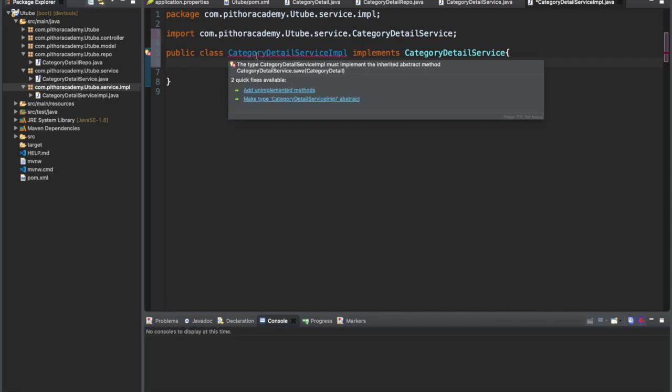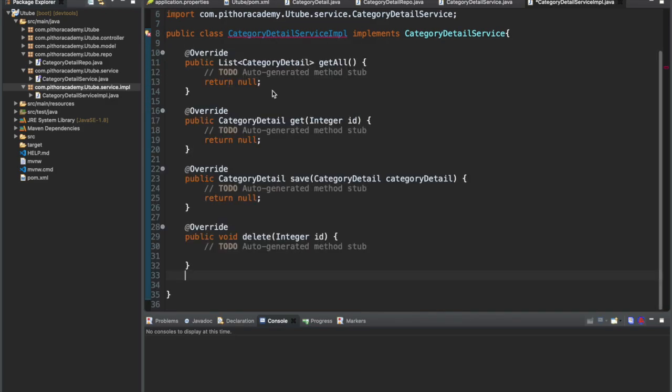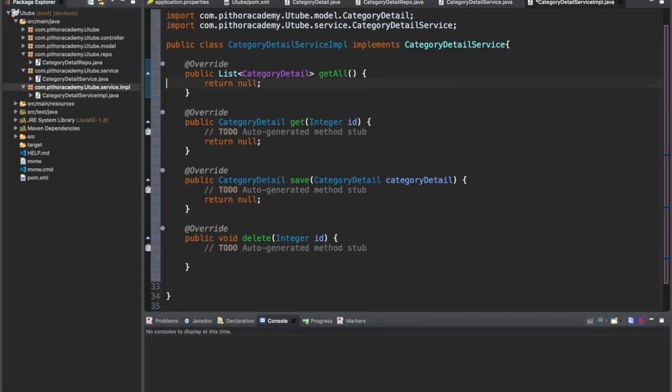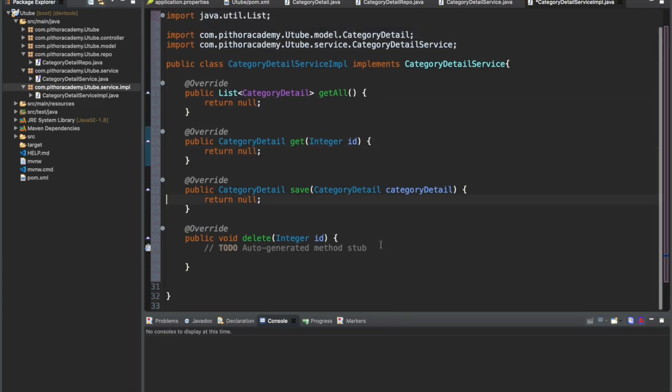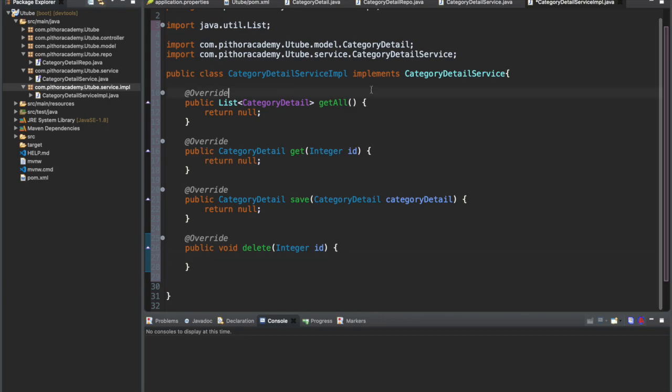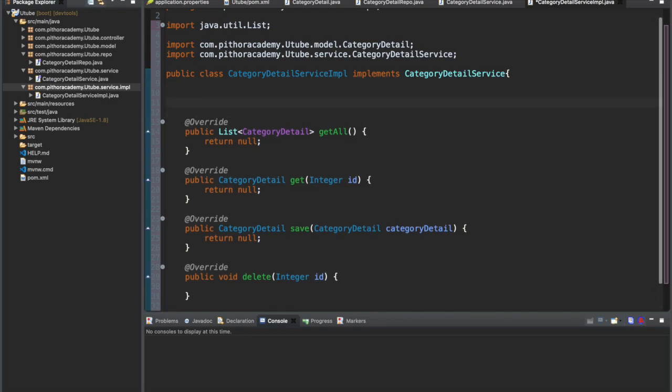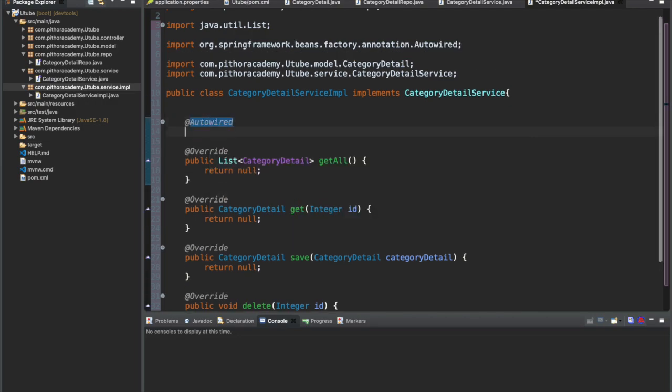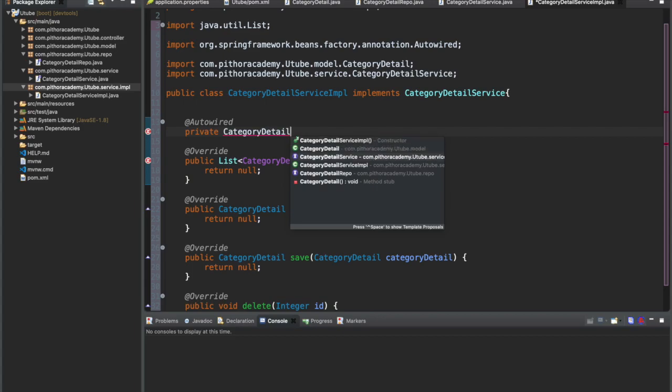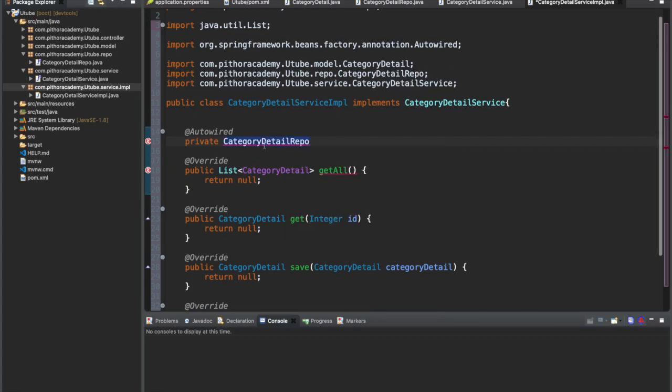So we have to add unimplemented methods. Let me remove the auto generated code, and as we have already created this repository which we will use to perform the operations, we will autowire it over here. Autowire private category detail repo, and simply I'll copy and paste it.